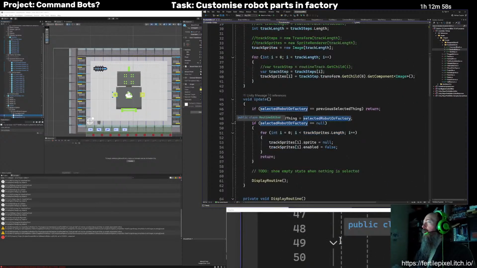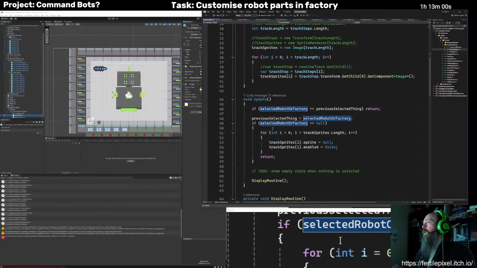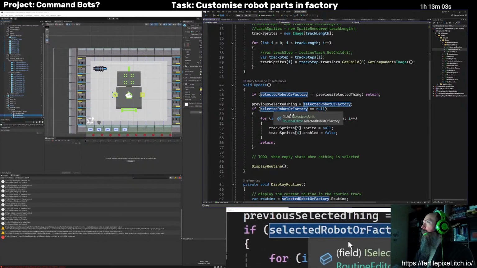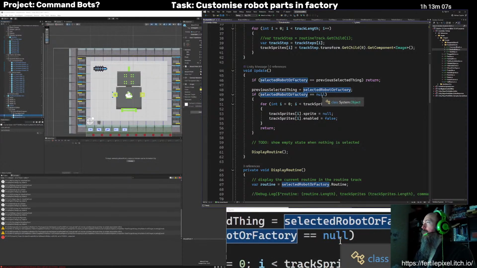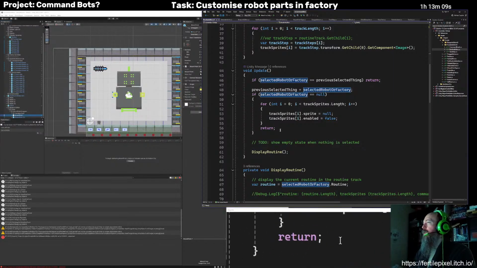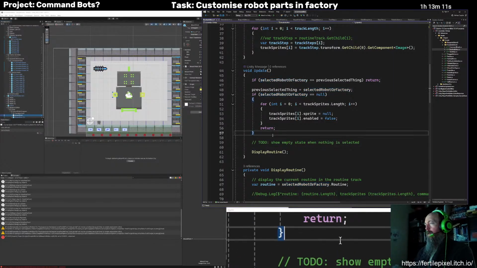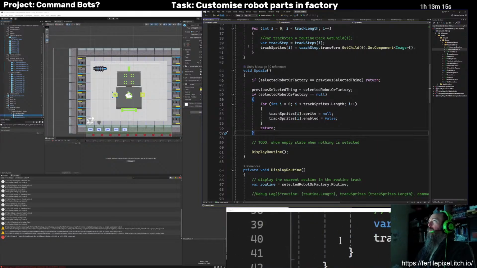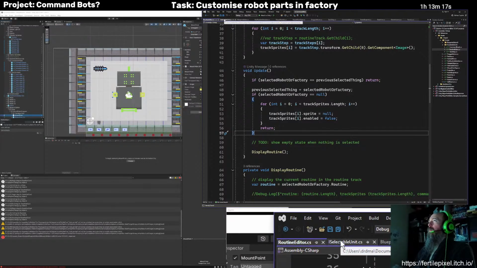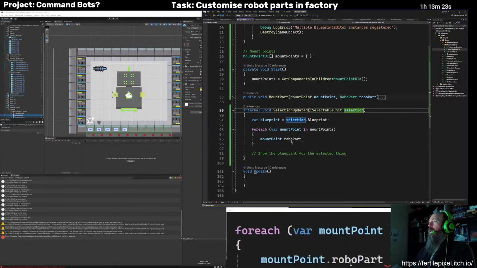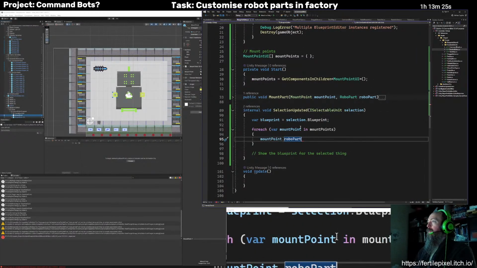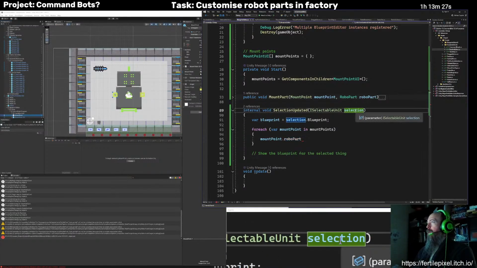And then on update is just checking if it's changed. And if it has changed, then it should clear them. So that possibly wasn't working before. So that should fix that. All right, back to the blueprint editor now. So now this could be null.